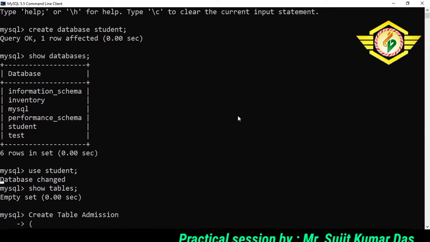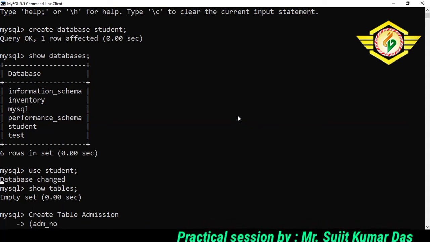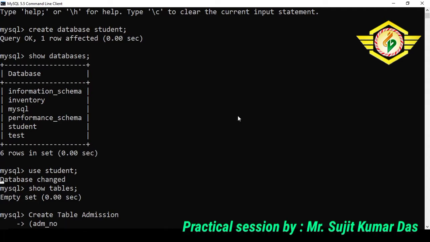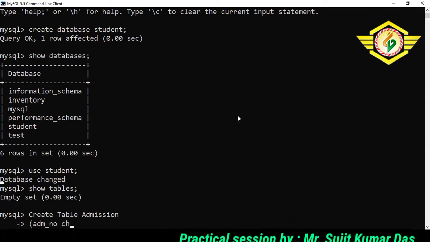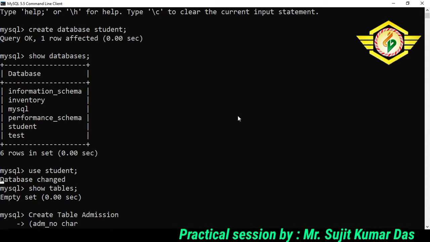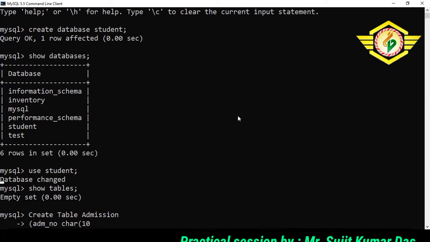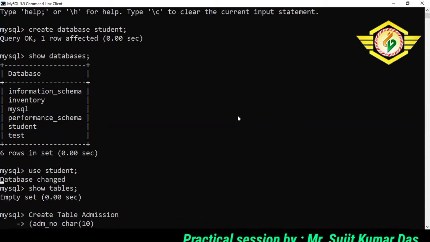Let us suppose we start with the admission number. Please follow the naming guidelines. The admission number, I take it as character, and suppose our admission number may go up to a maximum of 10 characters. So this is the way.